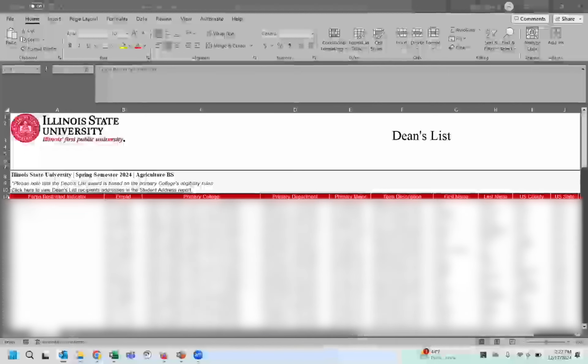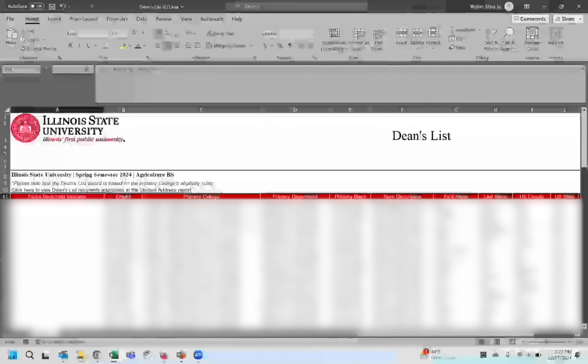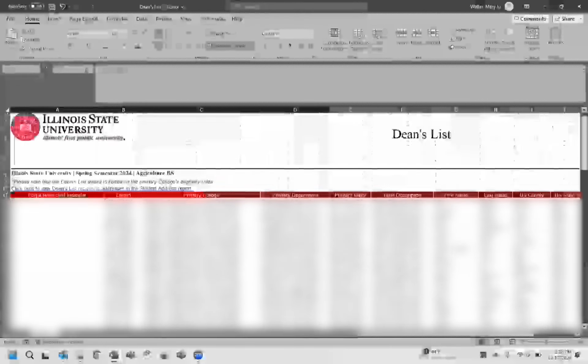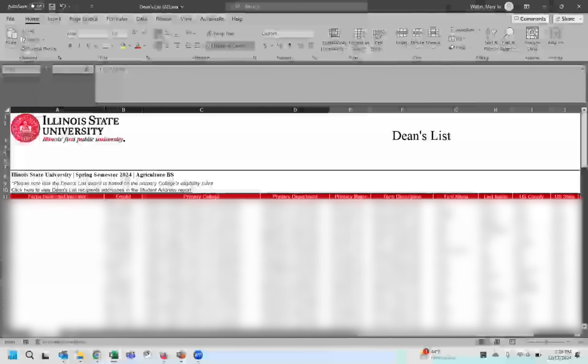So what are some of the downsides? One is if you want to do filtering, you have to really be careful about grabbing just the right cells you want to. And keep in mind that if you go to the bottom of the spreadsheet, you have some merged cells where you have the date, the page number here, and then over here, the time. This can mess you up when you're trying to do any kind of filtering or sorting. So just be sure you're selecting